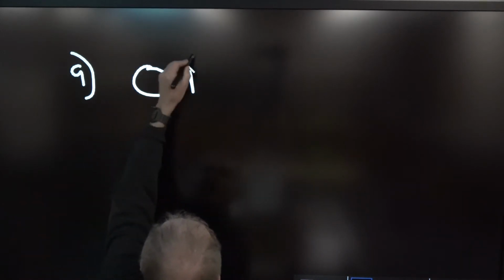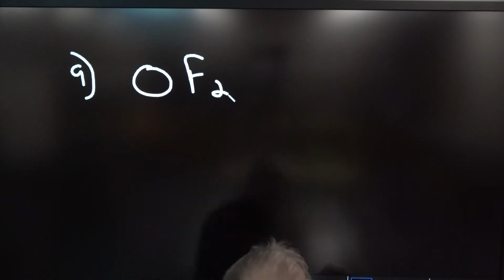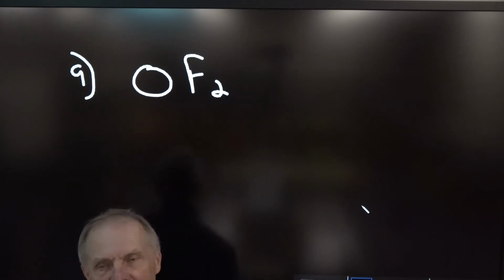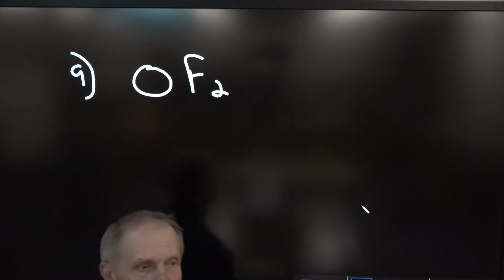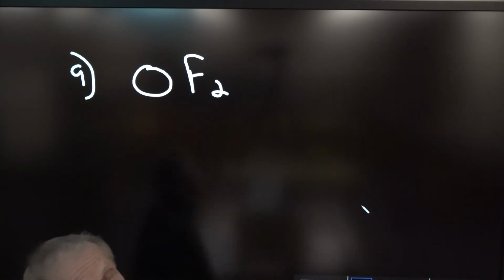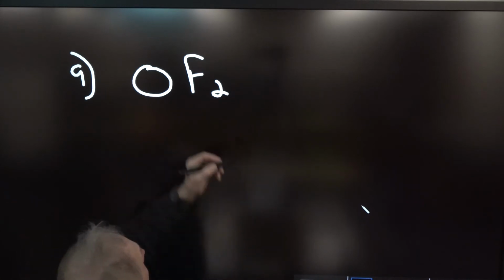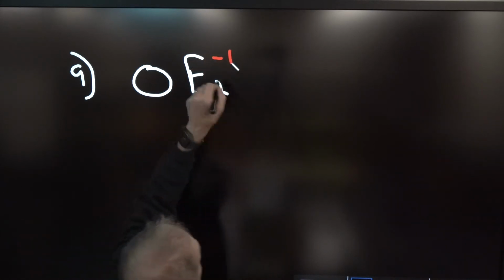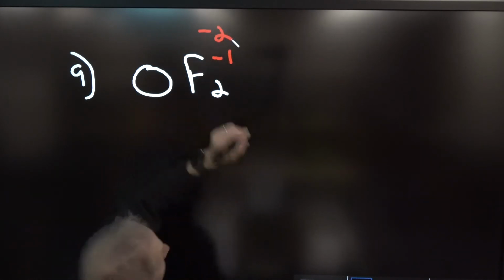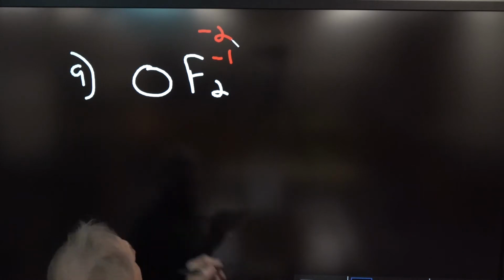This is number 9, and these are all weird ones. OF2. Now, like I said before, oxygen's oxidation state 99% of the time is a minus 2, unless it's a diatomic gas, then it would be neutral. But when it's combined with fluorine, fluorine has this charge, minus 1. And since there's 2 fluorines, that's a minus 2. And if that's a minus 2, oxygen has to be this,